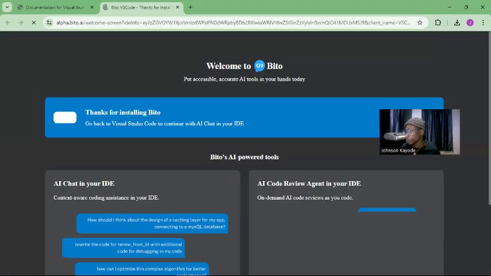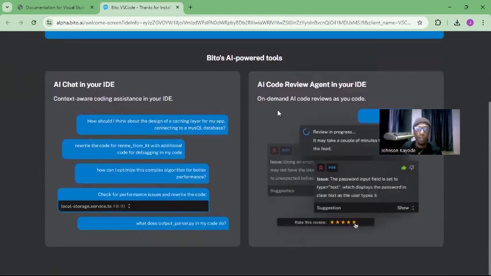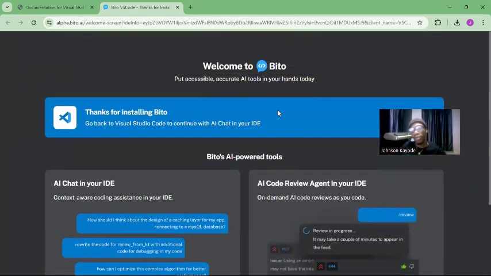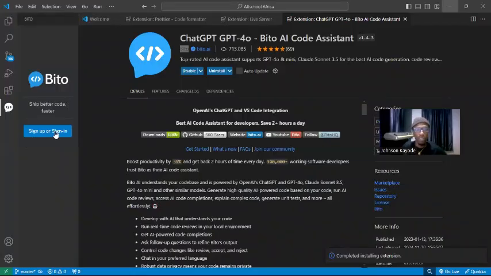There are a number of AI software embedded within the VS Code that you could use. But my favorite to use is Bito AI. So it just wants you to do the usual. Welcome to Bito, blah blah blah, yada yada yada. Nothing serious. You understand? So you can just close it and sign in,